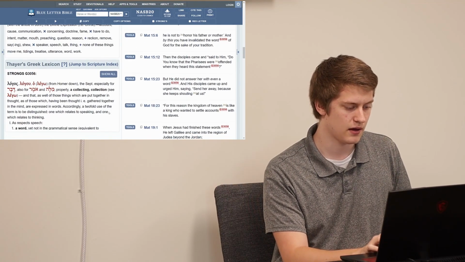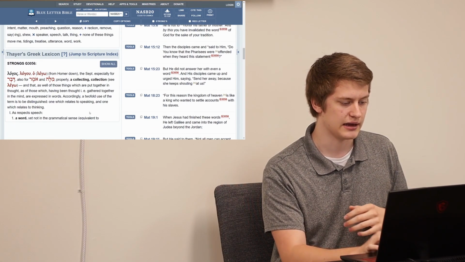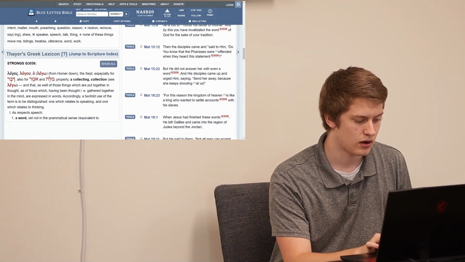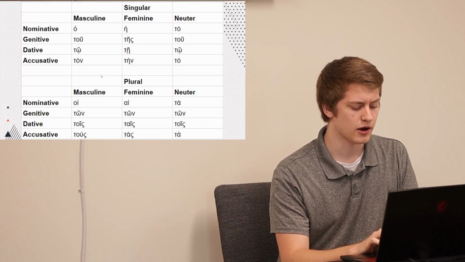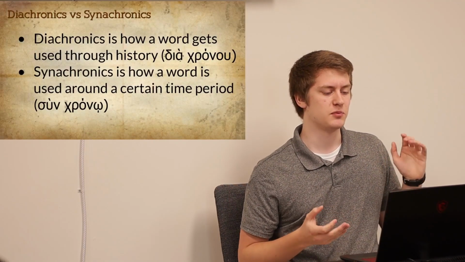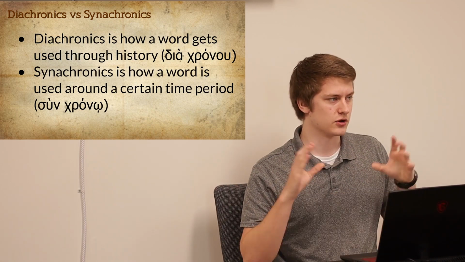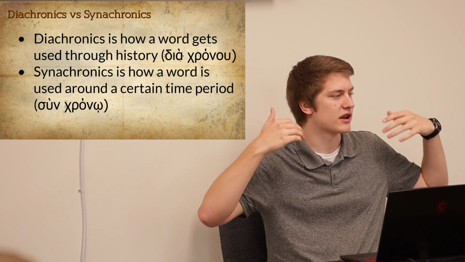We have Thayer's lexicon. This can sometimes get really heady, but there's some good stuff in here too. Something I just want to pull up right here is the difference between diachronics and synchronics. These are kind of technical words, but they matter when we're talking about how that word gets used by early